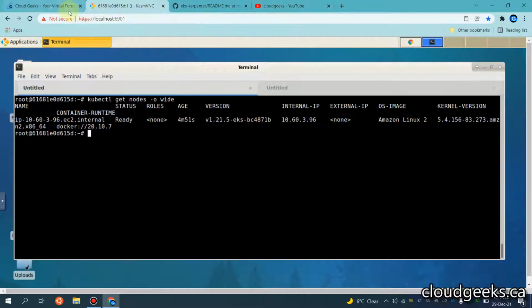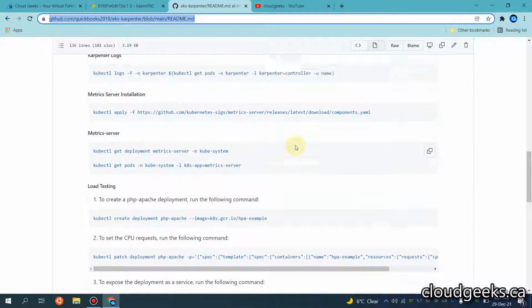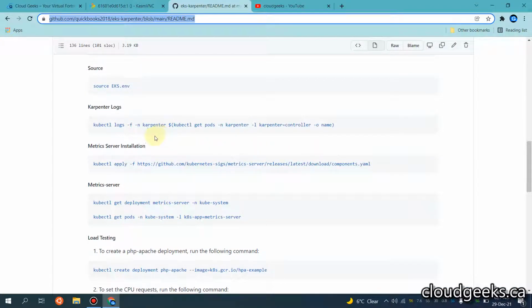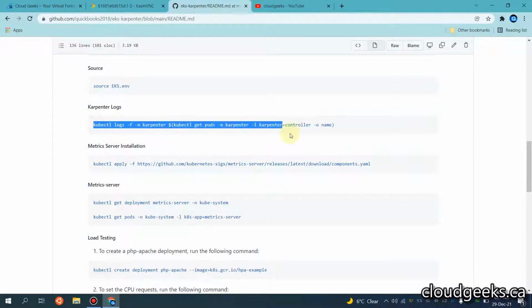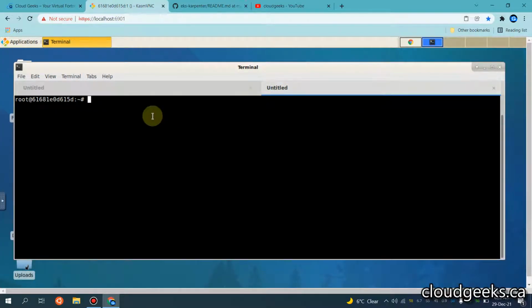So let me navigate to my repository and I will be setting up the metric server. As far as the logs of Karpenter, I will be copying this and let me open this in another tab and let me paste the command.